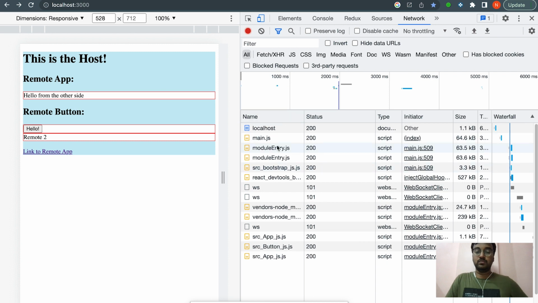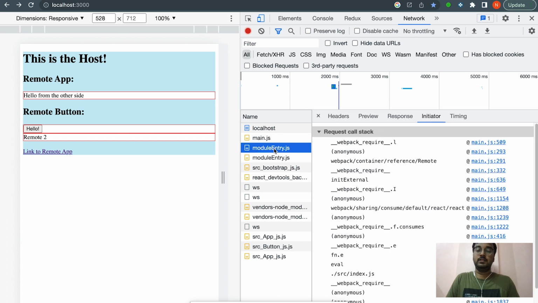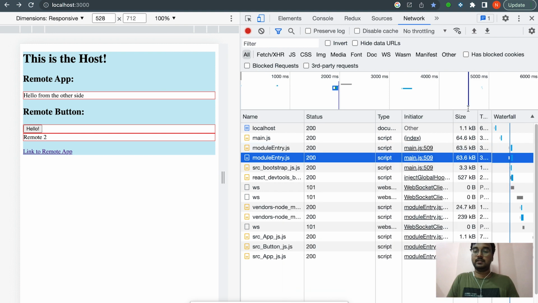there are two module entry.js files that are enabled over here. So main.js file is our main application. The module entry.js file is our remote application, the micro frontend that we are using over here. This is the second micro frontend that we have. One of the main things that we can see over here is that it is size 63.6 KB, but